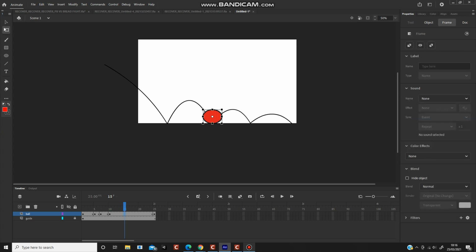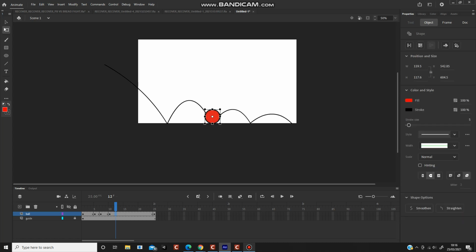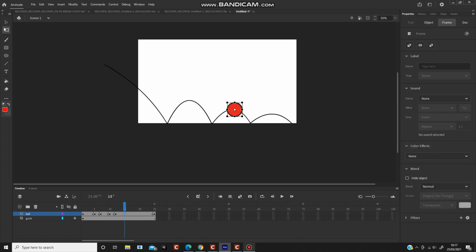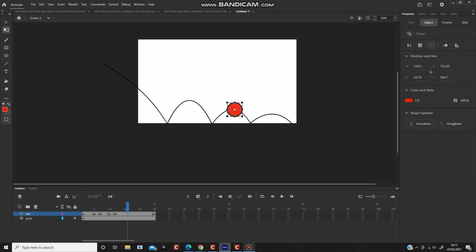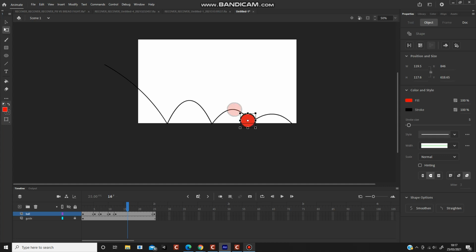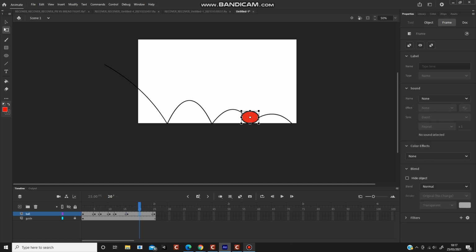and then in between 15 and 10, I'm just going to do this and bring it to the middle there, and then just before 15, so at 14, because it's slowing down, sorry, so I'm going to need to bring it just above 15. A little bit of squash and a little bit of stretch,